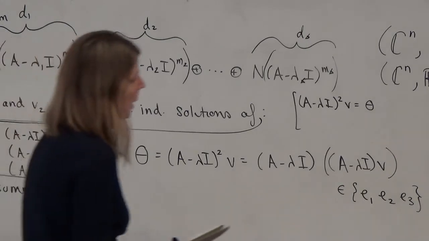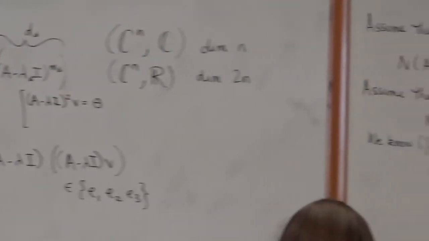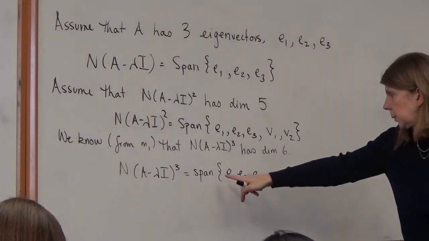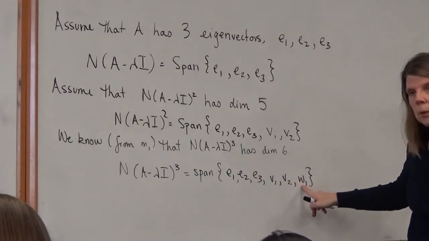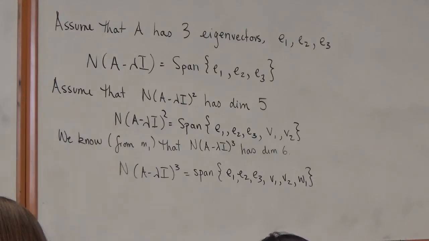And then I repeat the process. So now I've got 5 vectors. They're linearly independent from each other. And moreover, I have a particular structure for V1 and V2. Now I'm going to go to the last step, which is to solve for W1. And I think you can see what's coming now. We're going to select W1